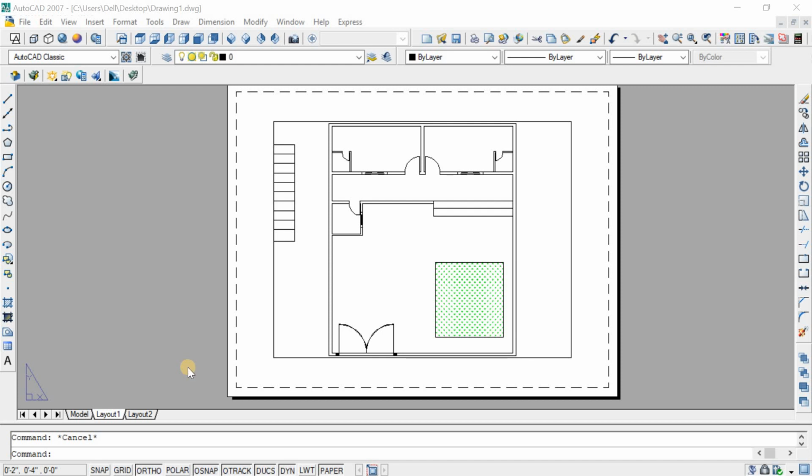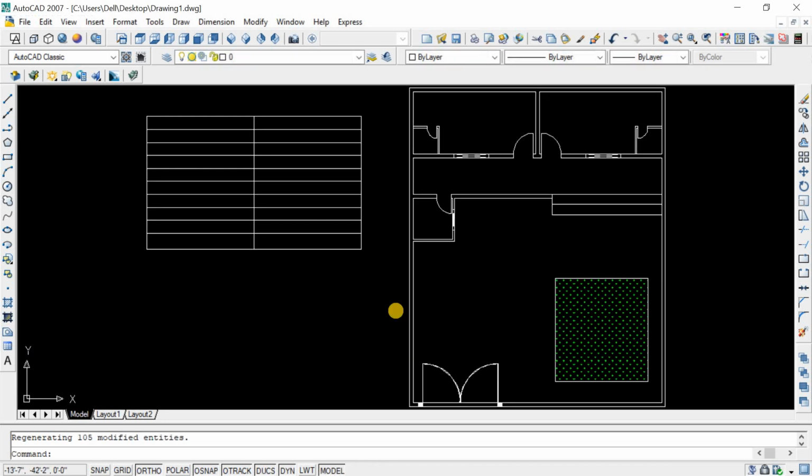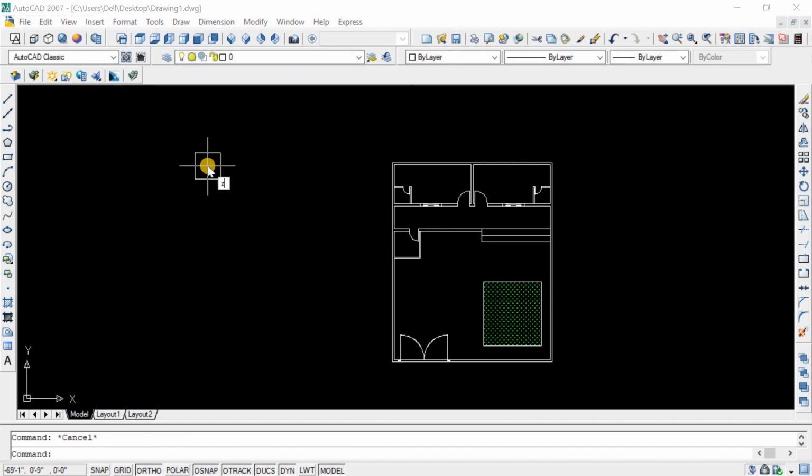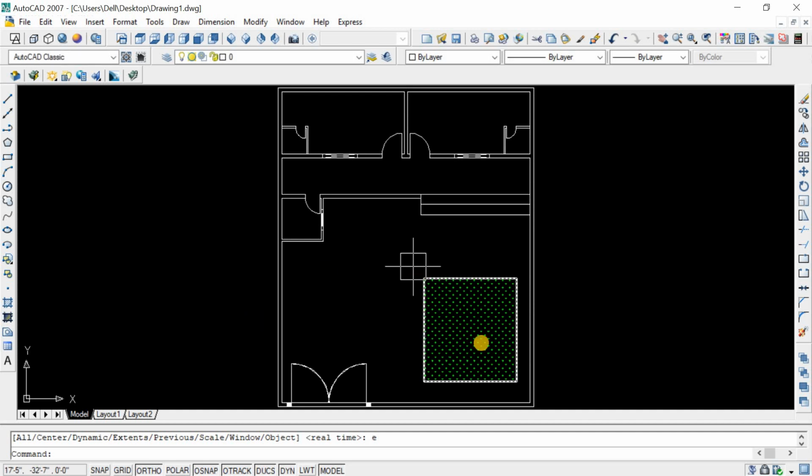Today let's talk about how we can do layout setup inside AutoCAD. I have this model as you can see over here. Let me erase this for now. Z enter, E enter. Now I just want to print this floor plan on an A4 or A3